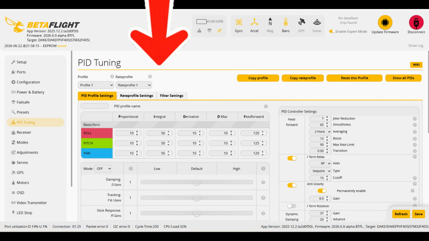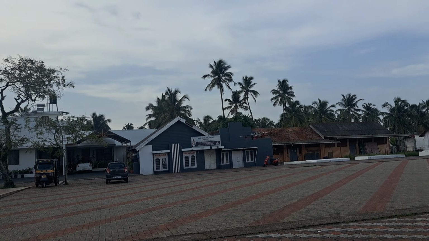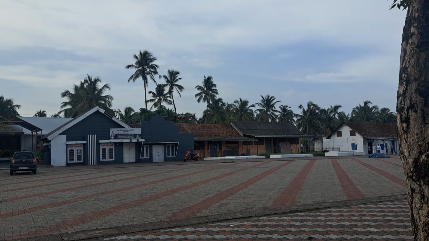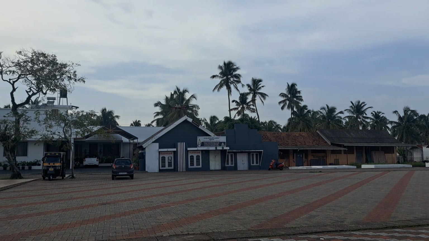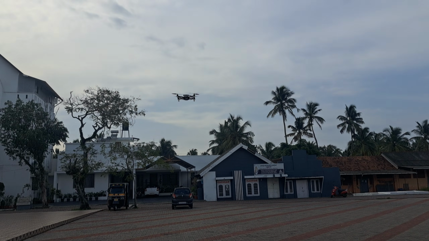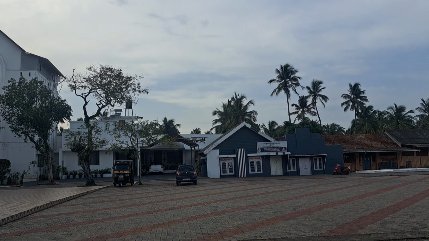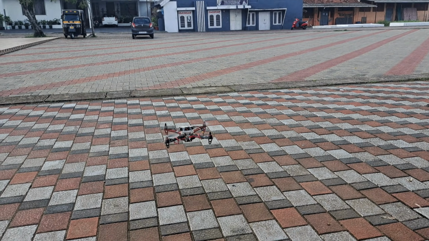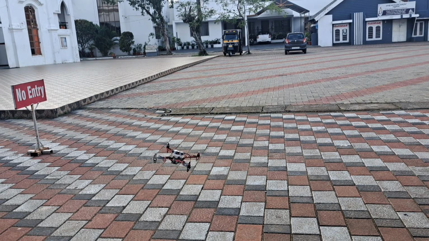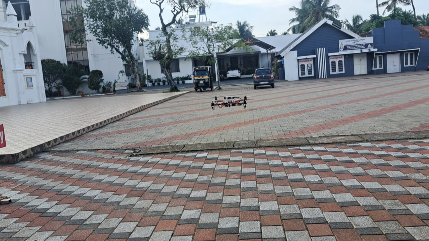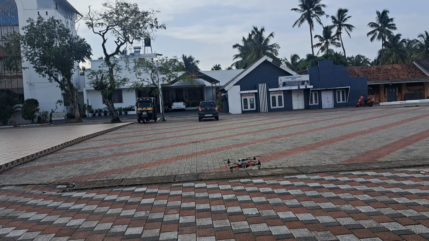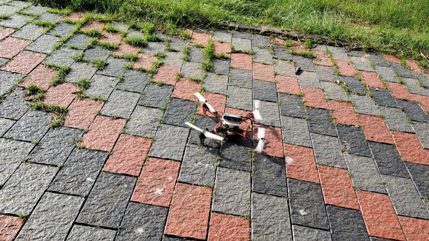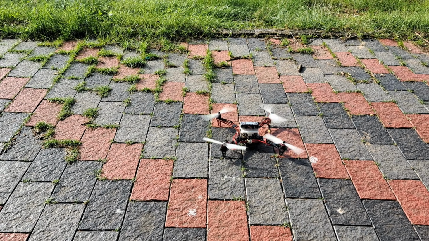The next parameter is observer bandwidth. This controls the speed of the extended state observer. It dictates how fast the controller estimates and cancels the external force. So if the parameter is correctly calibrated, the drone will have very high wind resistance and nearly complete elimination of prop wash during hard descent. If this parameter is low, the drone behaves like a simple PD controller, struggling to hold its angle against wind or